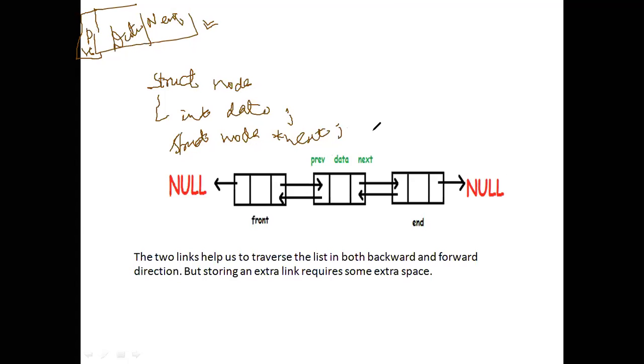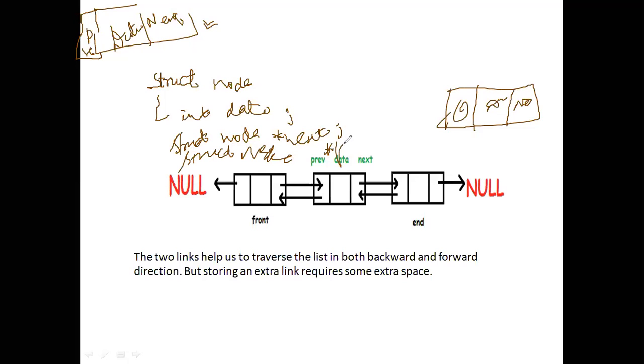I have to create a node. Now your node is having how many compartments? 3 compartments. Previous, yeah, very good. So you have done for data and the next you have done. You have to create for this also or what? So same, struct. Guys, these things are no need to buy ahead. If you understand, you can write struct node star previous. Am I correct?